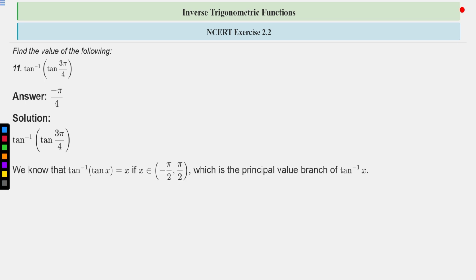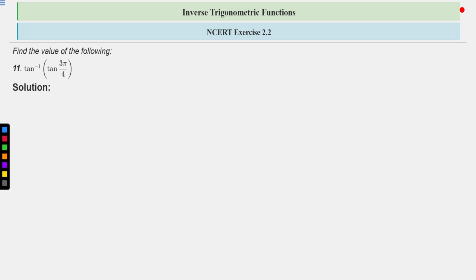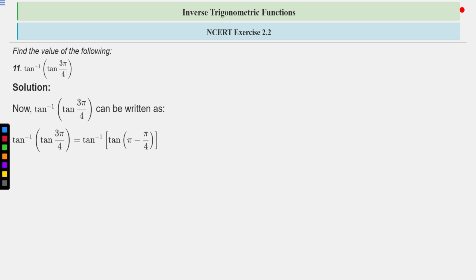So we know that tan inverse tan x is equal to x if and only if x belongs to minus pi by 2 to pi by 2, right? Which is the principal value branch of tan inverse x. But here 3 pi by 4 does not belong to minus pi by 2 to pi by 2, right? Therefore, tan inverse tan 3 pi by 4 can be written as tan inverse tan of